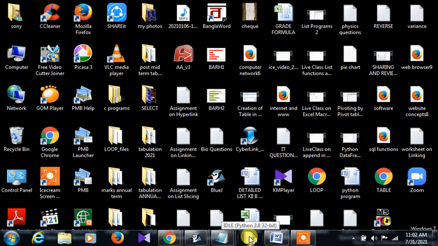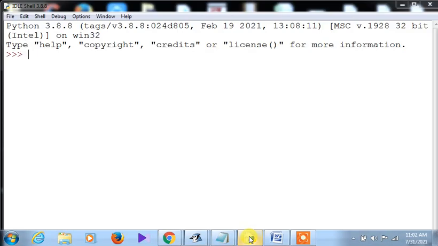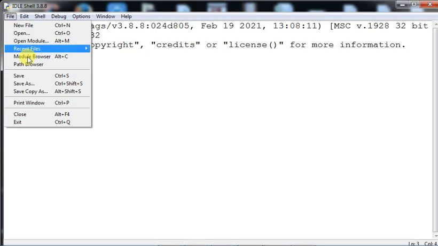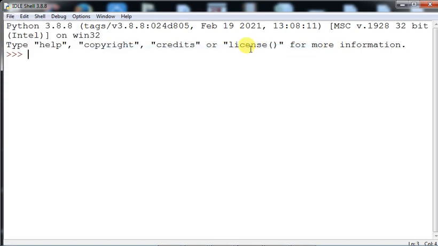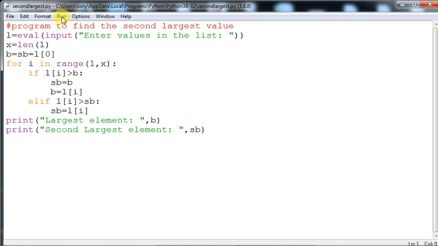My IDLE is giving trouble, so that doesn't matter. Whenever IDLE is giving trouble, you need to reload Python and do it once again. That is not a problem. Now go to File, Open Module or Recent Files, find the list, and execute this one.